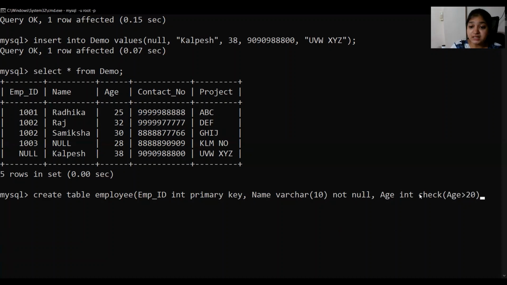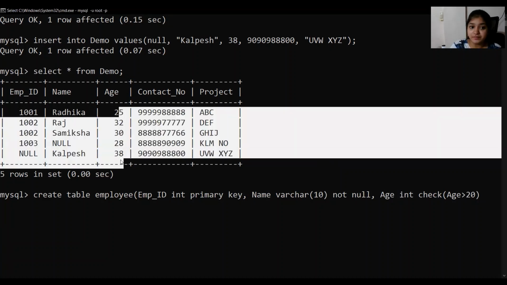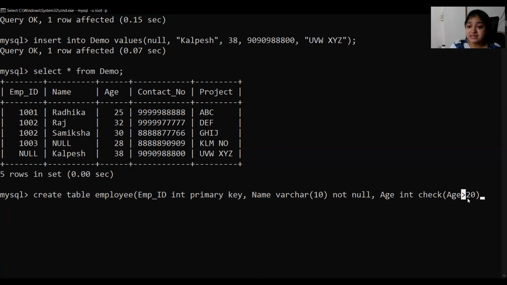What this check constraint does is check that whatever value we are entering is in a specific range. So here, whatever the user enters, the age should be greater than or equal to 20. I can give age less than or equal to 50. For example, it can be any condition that you want. Here I am giving age should be greater than or equal to 20.